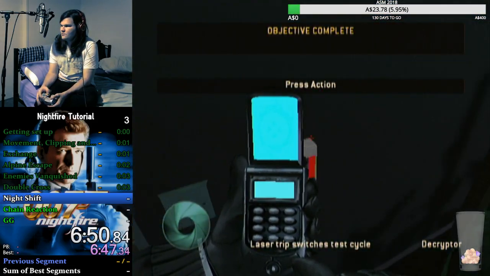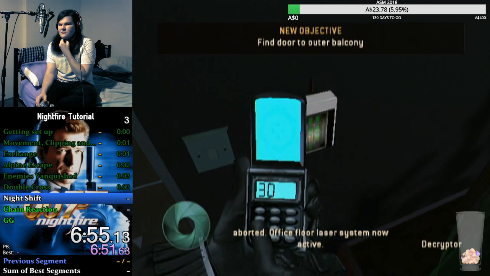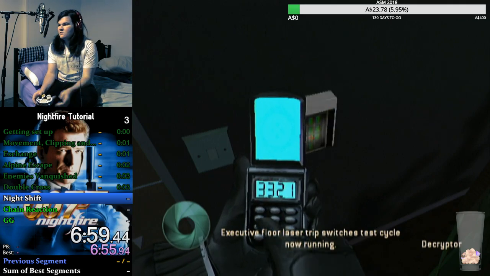Switches test cycle aborted. Use a decryptor. Office floor laser system now active. Executive floor lasers test cycle now